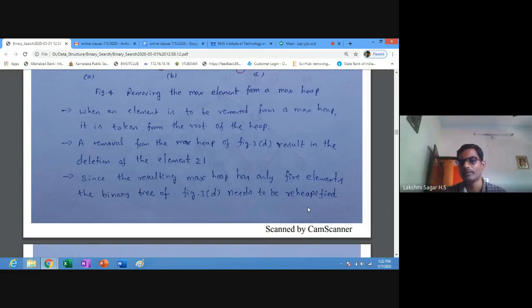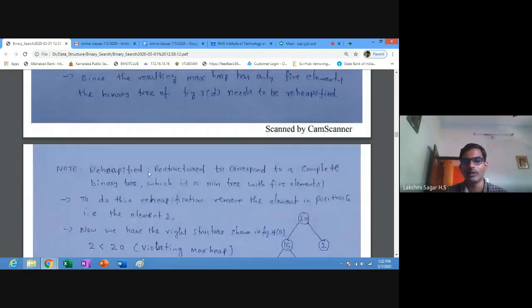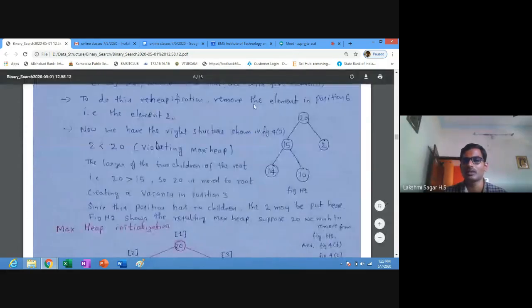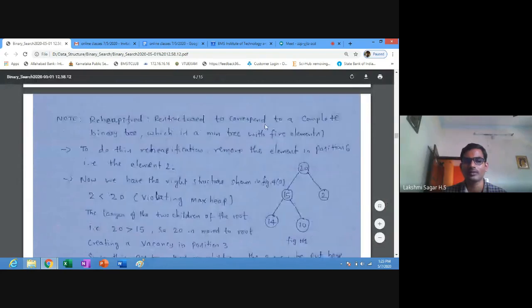In the max heap, according to the element value, we arrange from decreasing order. Reheapified means restructured to correspond to a complete binary tree with 5 elements. For this reheapification, remove the element in position 6, that is, the element 2 needs to be removed.